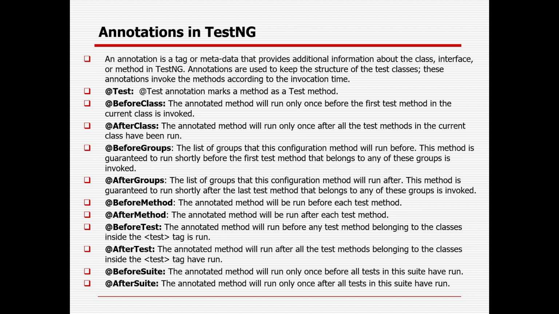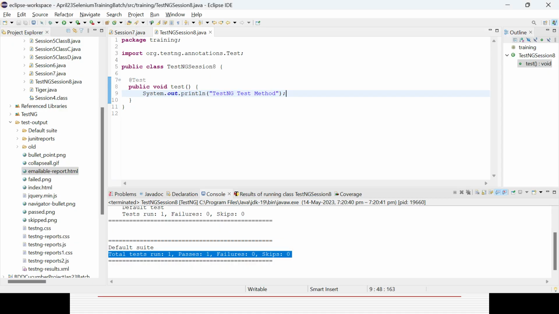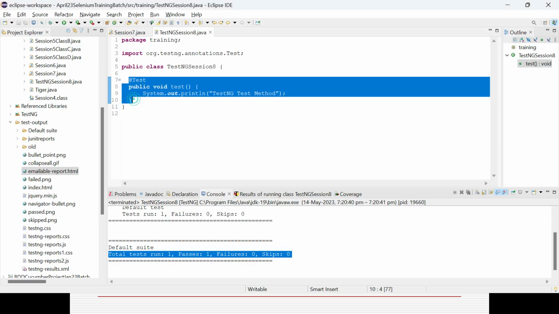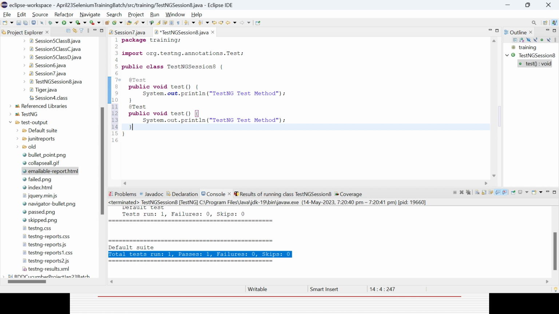Then I was already mentioning the features of TestNG. In TestNG there are a lot of annotations available, which will help you to create the precondition or the postcondition of your test. Because in TestNG we are not using a Java class or the main method. Instead of that, we are using the @Test annotation. So in case you are using the @Test annotation 3 times, that will be considered as 3 test cases. So now if you copy your code and change it 3 times,